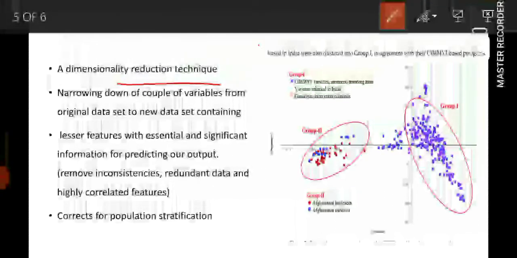What does it mean? It means that if you have three-dimensional data, it is converted into two-dimensional or one-dimensional data. You are reducing the complexity of those variables. For example, if you have to study thousands of variables, it would be difficult to interpret. If it is converted into 10 or 20 variables, it would be easy to interpret. Principal component analysis does the same thing.